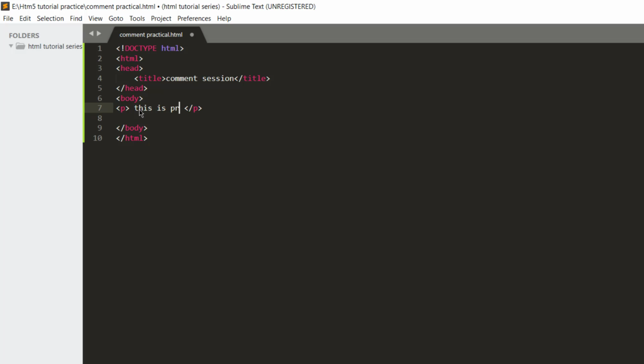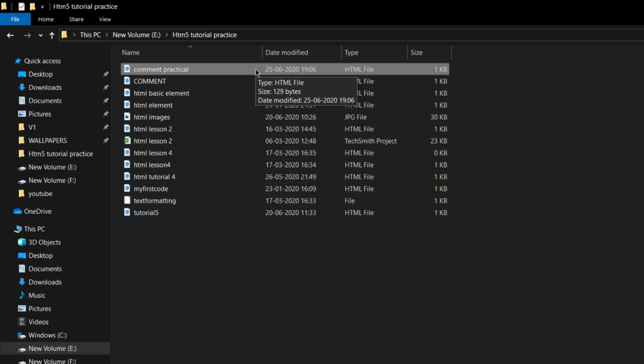This is a paragraph. Okay, I'm going to save it and test my web page to see how it's going to look. This is my file. I'm going to double click on it, and it's working properly as you see.